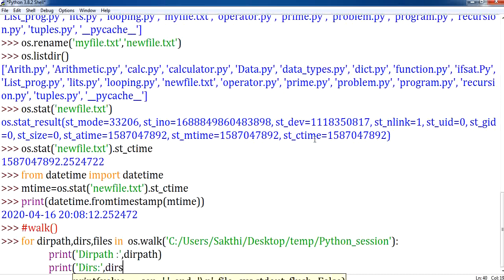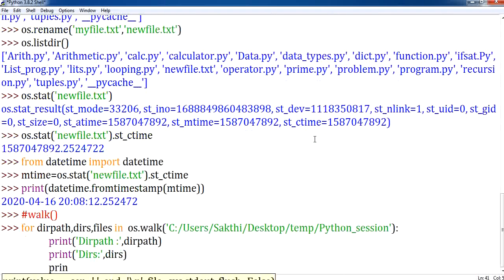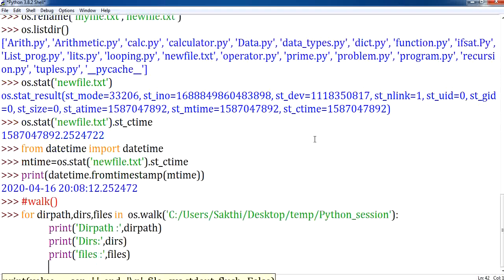Let me give dirs, and next print followed by files. Let me give the name for it, files, and a comma separator followed by files. After this I don't want any iteration. One iteration is enough, so let me break it here and let me execute this.